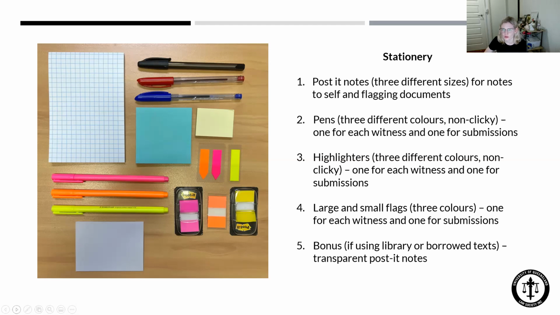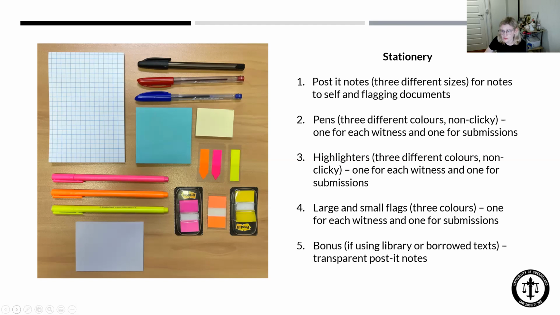In the competitions, I'd suggest 3 different coloured pens. One of them's for general submissions or preparation things you're going to write, and then the other 2 separate colours for witnesses. That way you can note things on the witness statement that was said by each of them, and you know after the fact who has said what. That's why I use different coloured pens.